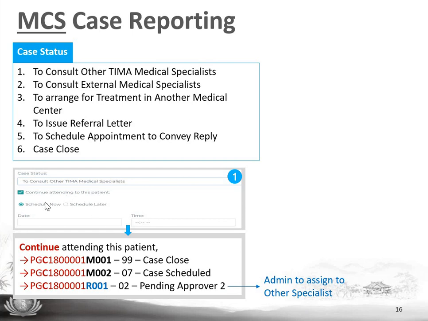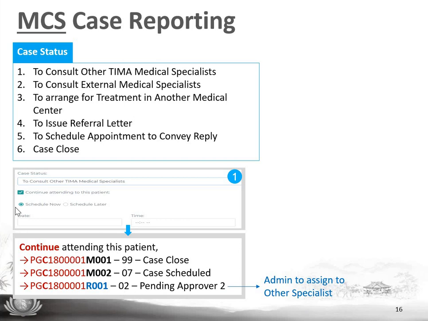If this doctor selects to consult other TIMA medical specialists but unchecks continue attending to this patient, then M002 will not be branched out. M001 will be closed, and then a new branched out number R001 will be created at status 02.